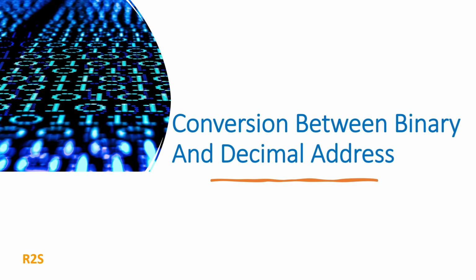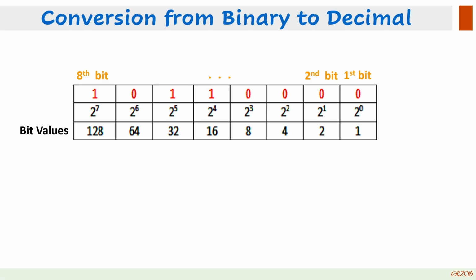So let's see how we can convert an IP address from decimal to binary and binary to decimal quickly. Our focus is basically on the IP address. For example, in this case, we have an IP address whose binary format is 10110000. To convert it to the decimal value, let's consider the binary,